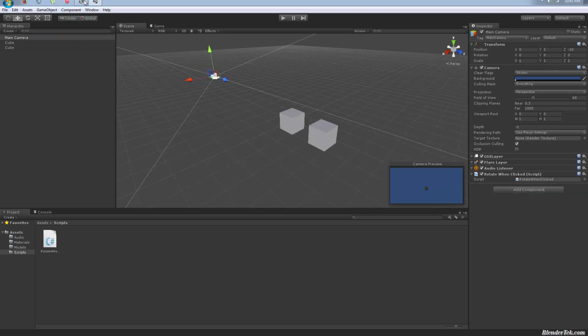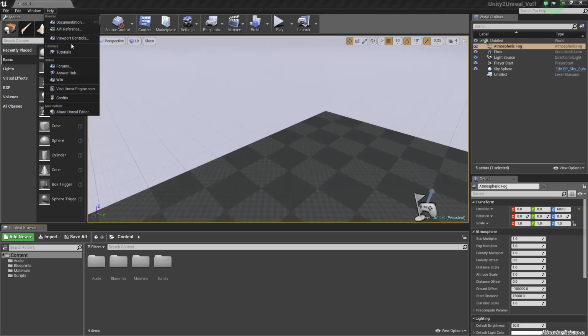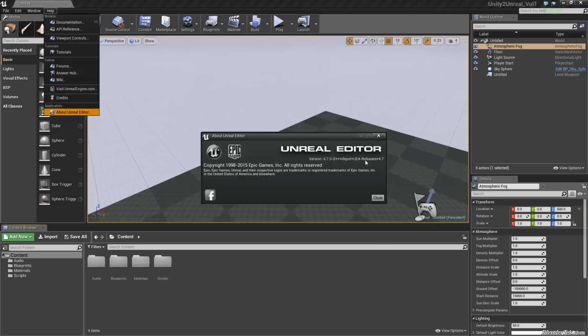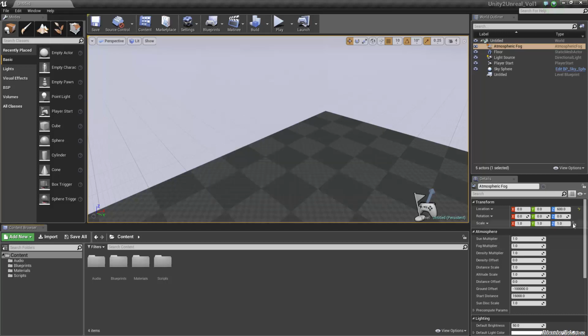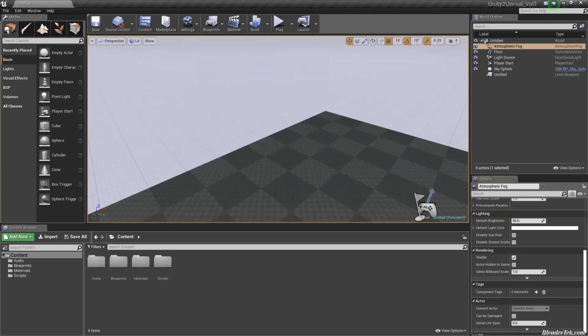So how does that compare to Unreal Engine 4? Well, it's very, very similar. Now, before I go on, I want to say before version 4.7, I am using 4.7, by the way, that just came out a day ago. Before 4.7, they didn't really have a component system. They didn't have empty actors. Now they do have a component system.